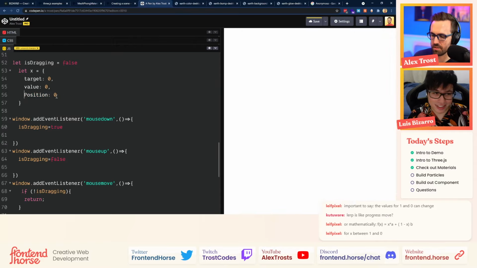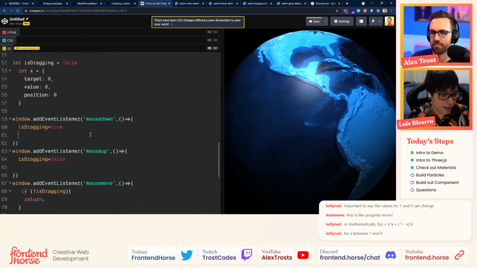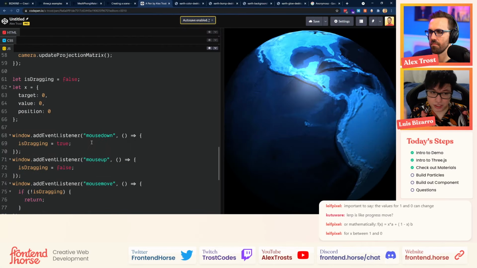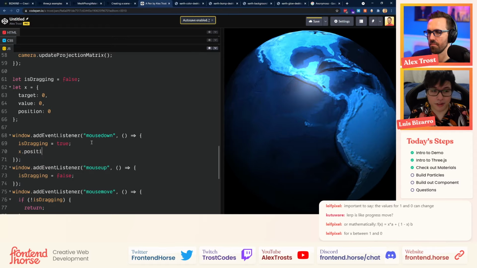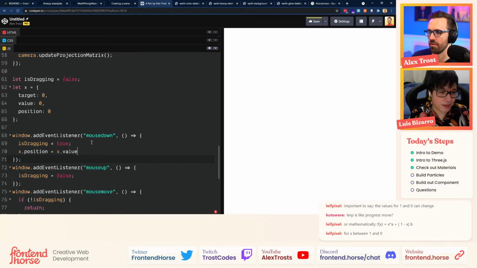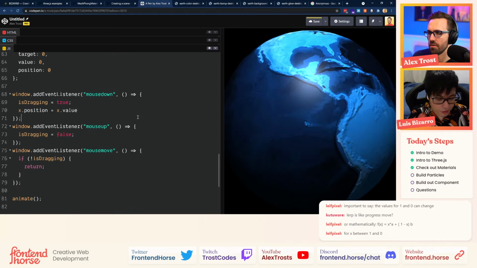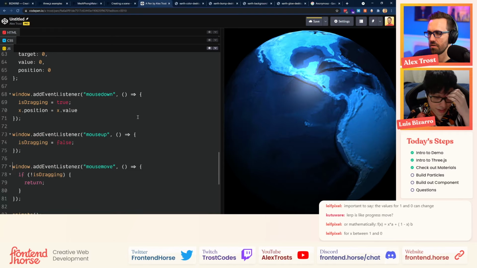Then here we can just set position equals x value. So we can store the current position of the globe in the mouse down function. Then in the mouse move function, you need to get the event.